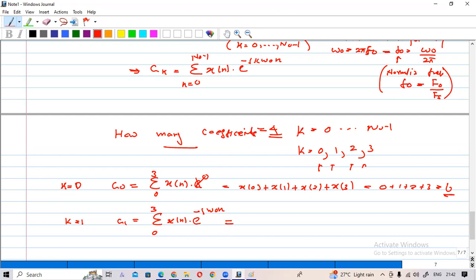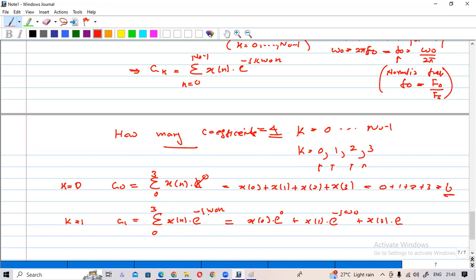So now n from 0, that means x0 e to the power 0, plus x1 e to the power minus j omega naught, n is 1,